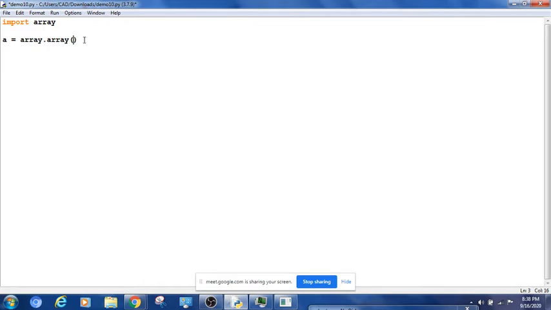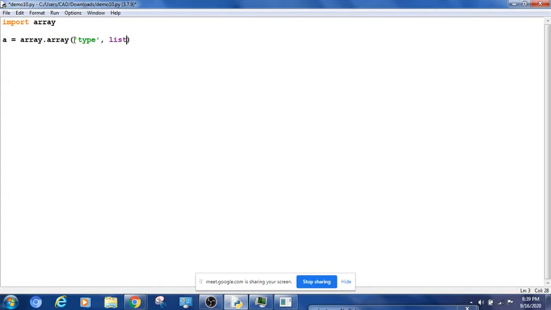Now this array is a function which will generally have arguments or parameters. The first parameter of this array will be the type of array you want to create. Maybe it is an integer, maybe it is a float, whatever you want. That type of array we have to mention. The second argument will be a list of elements. So you might want to create an array of some elements.